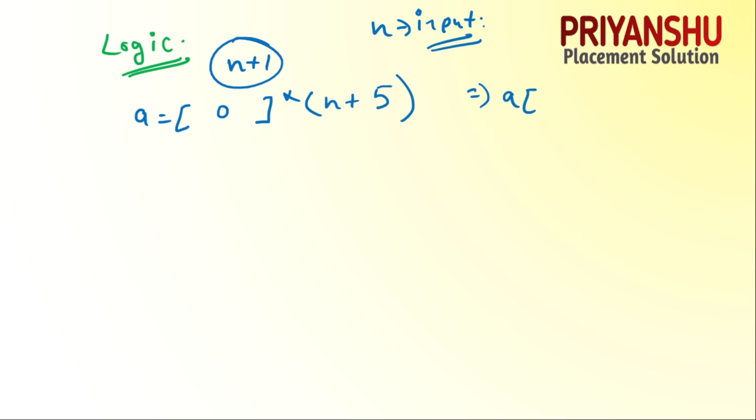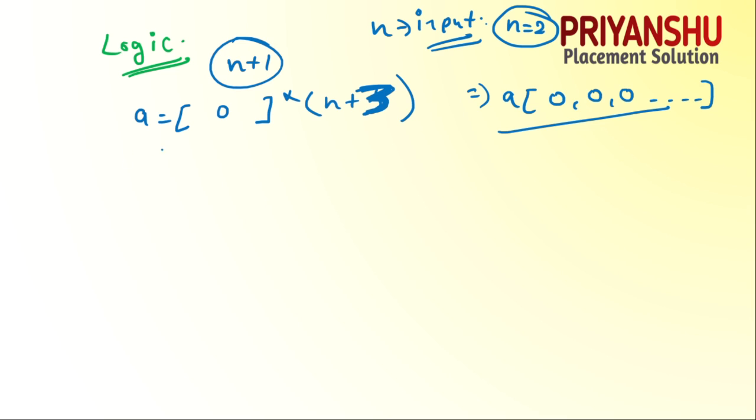For example, n equal to 1, n equal to 2. Just imagine n equal to 2, so it will make an empty list of 7 elements guys. Why am I doing this? I will show you, don't worry. Or if you want you can also take 2, no problem, or you can take 3, no problem, it depends on you. After that guys we have an empty list, empty array or empty list.